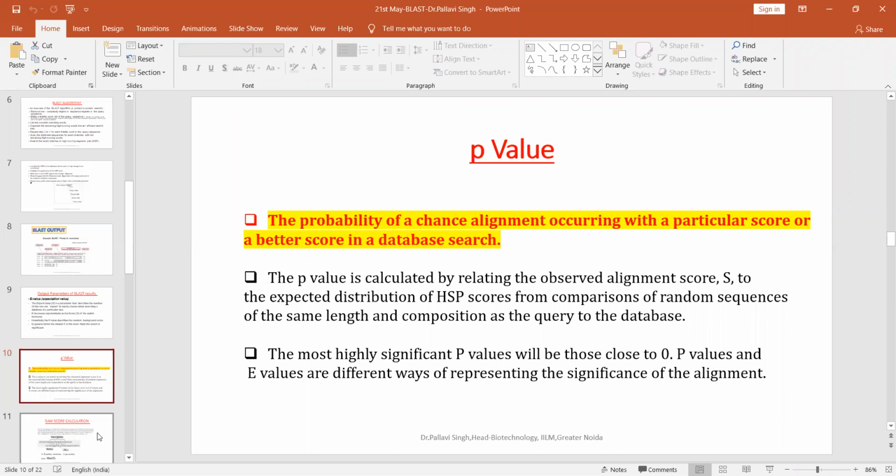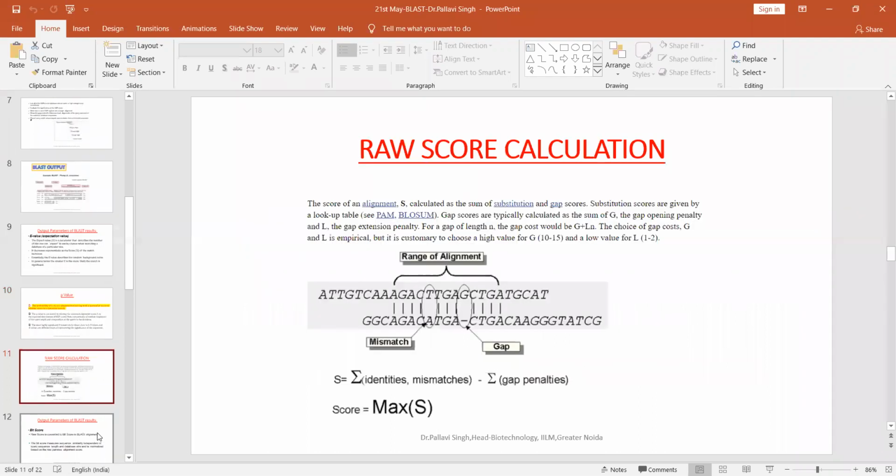Now let's see how we calculate the score, the score I was referring to. You can see the two nucleotide sequences here that have been in the query. As ma'am told you in the morning, we have a particular score in the local alignment in the Smith-Waterman algorithm for the identities and a particular negative score for the mismatches. And we also deduct the gap penalties, gap opening and gap extension penalties, to find out the score. So this is basically a raw score of the alignment. When I'm aligning my query with the database sequences, the score that I get is my raw score.